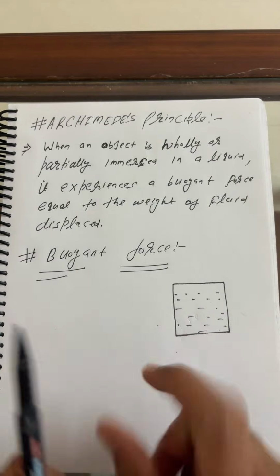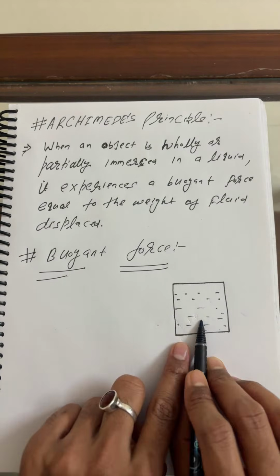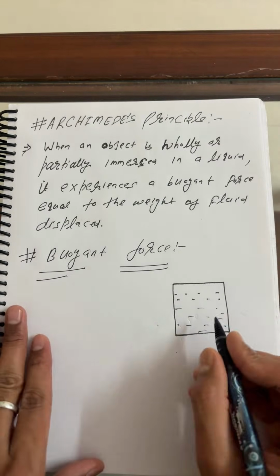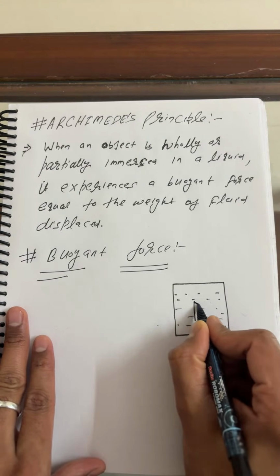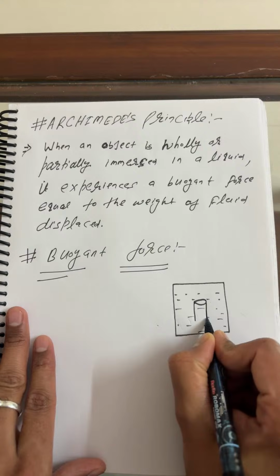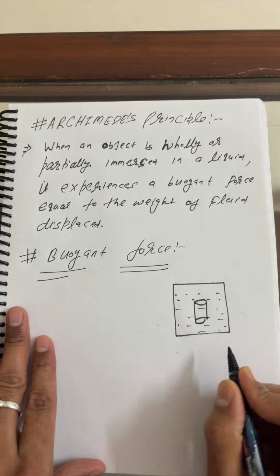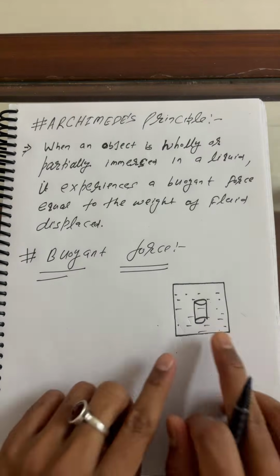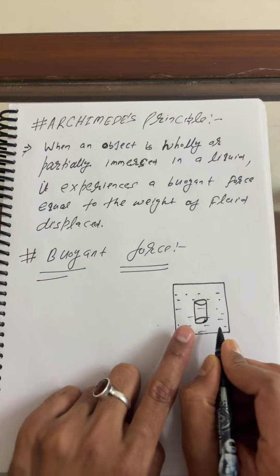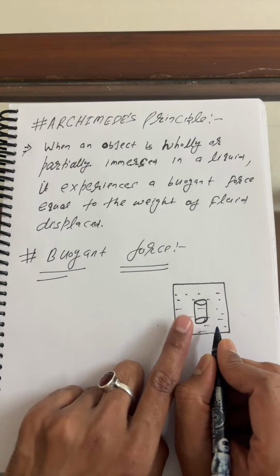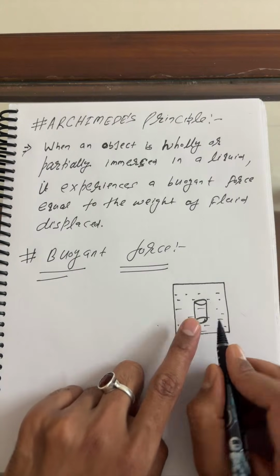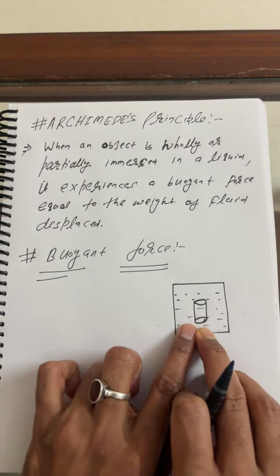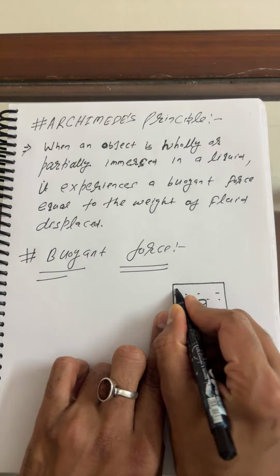Student, very good, my dear. So you can easily understand, beta, but still you have to concentrate here. Let us suppose, beta, as I said yesterday, here I'm considering an imaginary cylinder. These are all known to my students already. This imaginary cylinder is under the water, which means this cylinder is also made of water only, right, my dear?